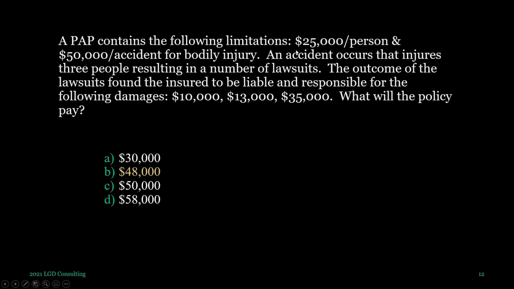So you want to go with the lesser of the 2 numbers per person, and then add them up and take the lesser of the 2 numbers for the occurrence. That's how you want to calculate it. And if you do get a math question, this will probably be one other than the co-insurance question you might get. But I got to be honest, even if you hate math, at best 2 to 3 math questions max. Most people only got 1 related to co-insurance. So if you don't like math, don't get bogged down. Don't let that take up a lot of your time worrying about math questions.